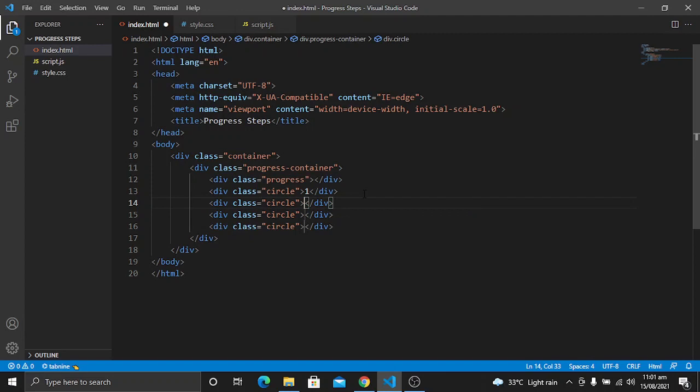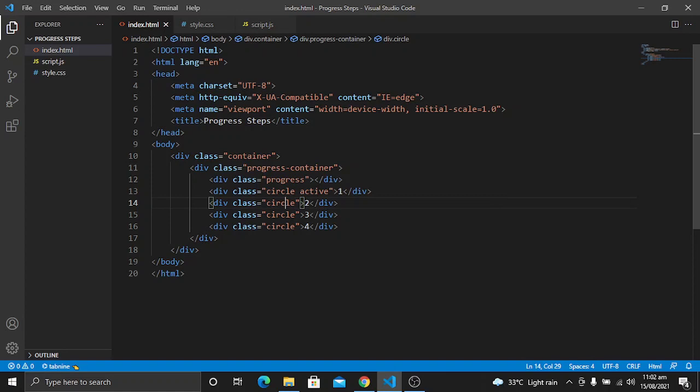Now 3 divs are automatically created. For the first one we want it to be active, and we will change this active class with JavaScript on a click event in a later part of this video. Then we have steps 3 and 4. So under the progress bar we will have 4 of these circles.